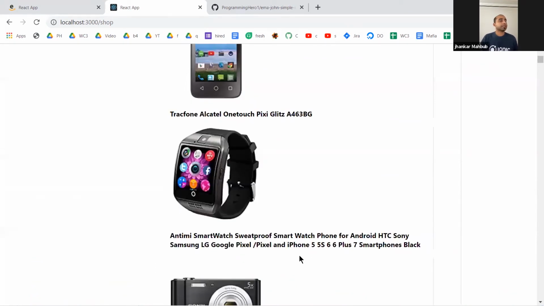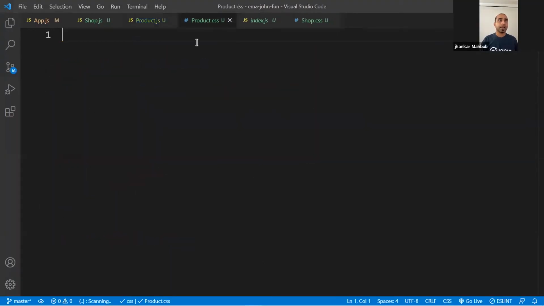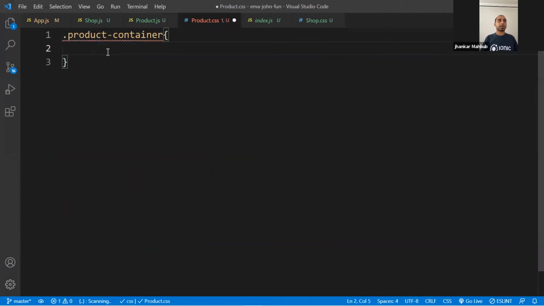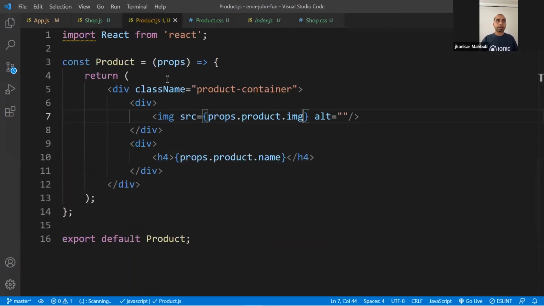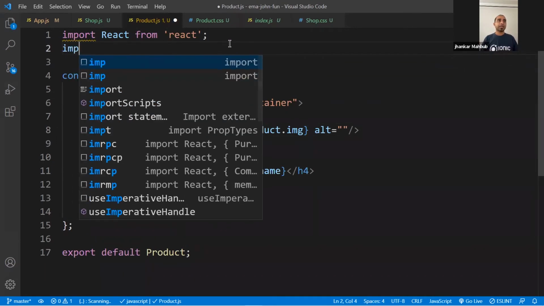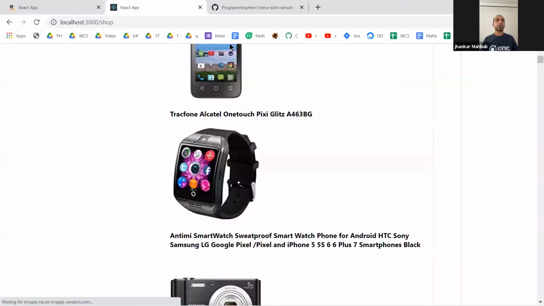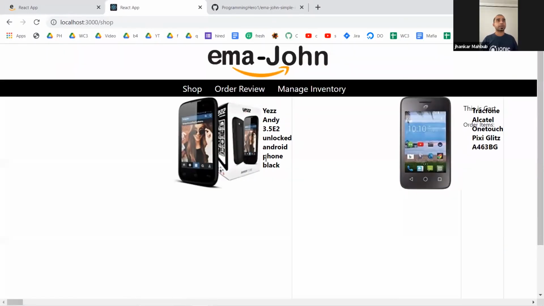We can easily make it side by side the way we did for display flex. So we already have this product.css. We can create a class product container, and then inside the container we can say display flex. And this will not work right away until you create a relationship between them. They are single. You need to make them mingle. So you can import and then product.css. And after doing so, if you come here, they go next to each other.